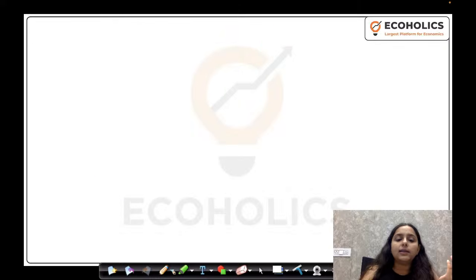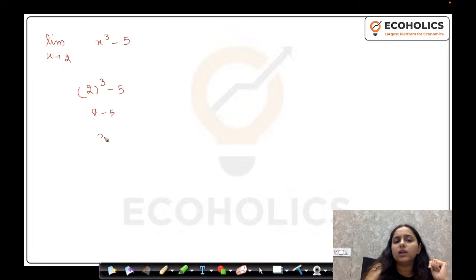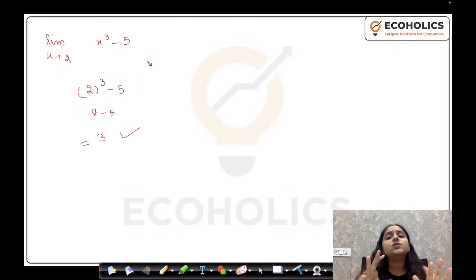But if I now say, let's say, limit x approaches 2 of x cube minus 5. So is the limit defined? Yes. You simply put 2 in place of x. 2 cube minus 5, 8 minus 5, 3. So yes, the limit is directly defined. I don't need to do anything to my function. But the easiest form you have to solve is cancelling the common factor. You can many times cancel the common factor and you can get the value of the limit as well.